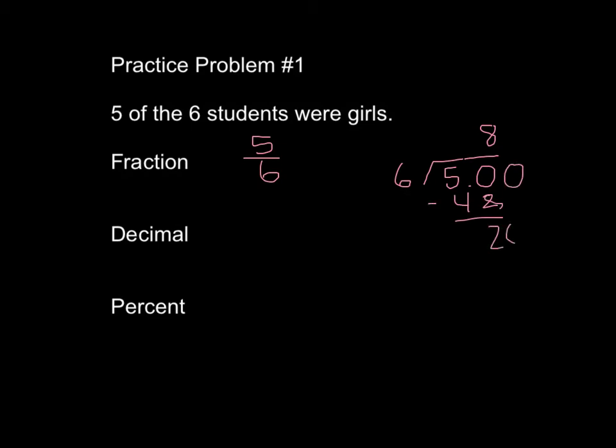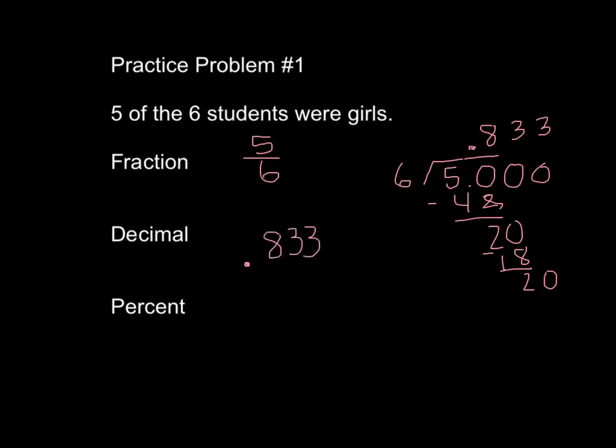Add a 0, bring it down. 6 goes into 20 3 times. 3 times 6 is 18. Add a 0. So I know that I'm going to be getting another 3 again. And it will probably continue on for a while. So my decimal answer, after I bring my decimal straight up, is going to be